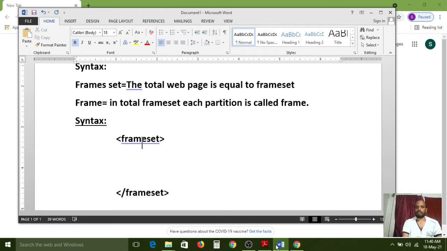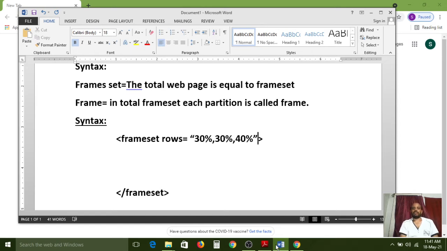In between, here we have two important attributes, rows first. If you want to divide row-wise, then here I give rows like 30%, the first partition is 30%, comma, the second partition is 30%, comma, next 40%, quotes close.